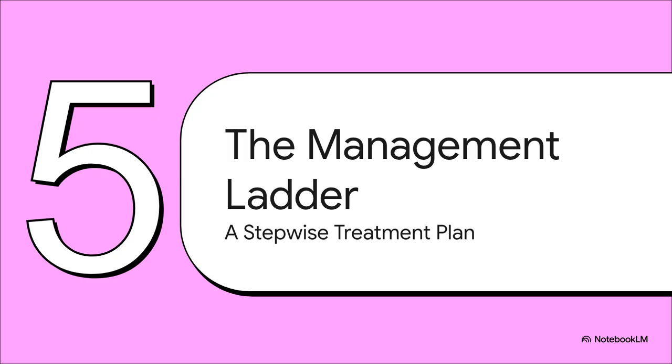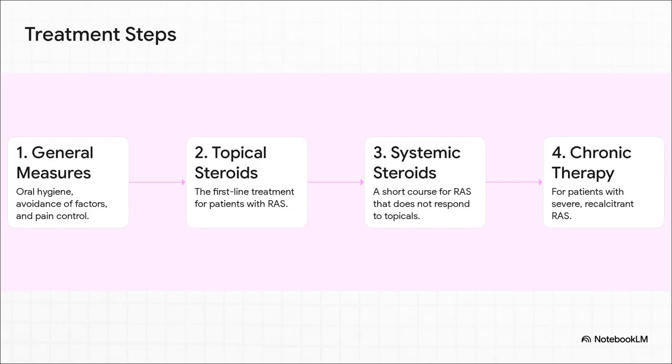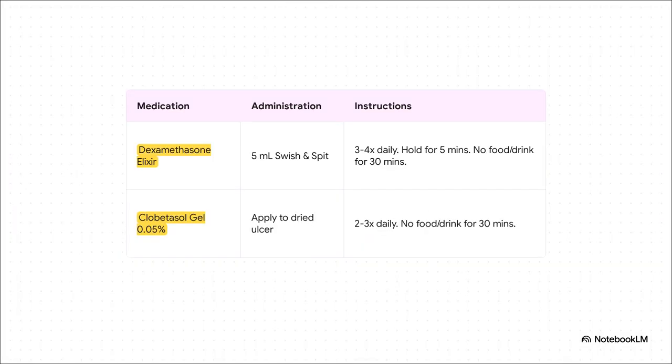Okay, you've made the diagnosis. Now for the final and, let's be honest, the most practical part. How do you actually treat this thing? Let's climb the management ladder. The treatment approach for RAS is so wonderfully logical. It's stepwise. You start with the simple stuff, then you move to powerful topicals, you can use short bursts of systemic therapy for really bad flares, and only for the most severe, stubborn cases do you even think about chronic medications. For most of your patients, high-potency topical corticosteroids are going to be your first-line treatment, and here are two